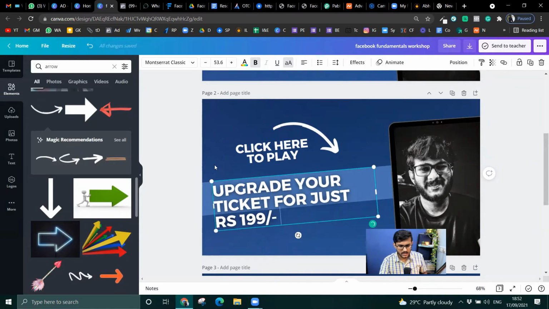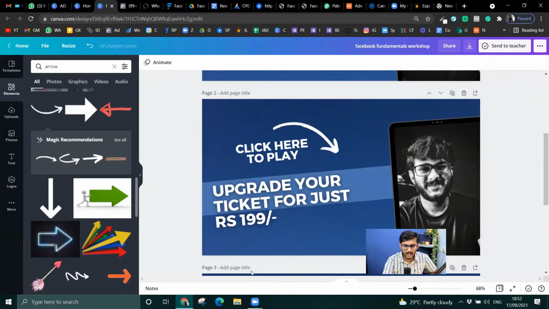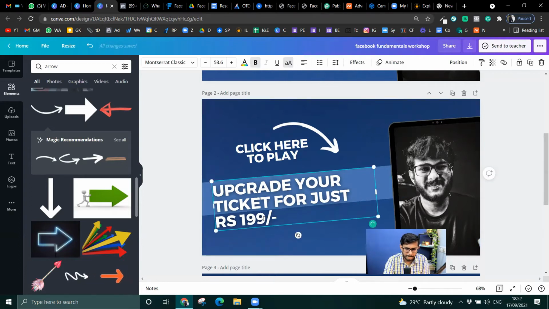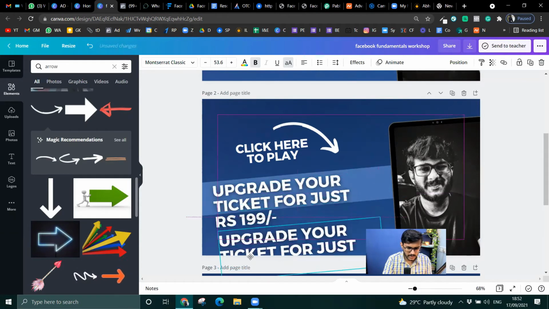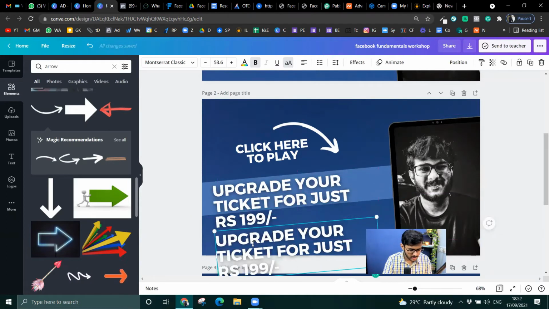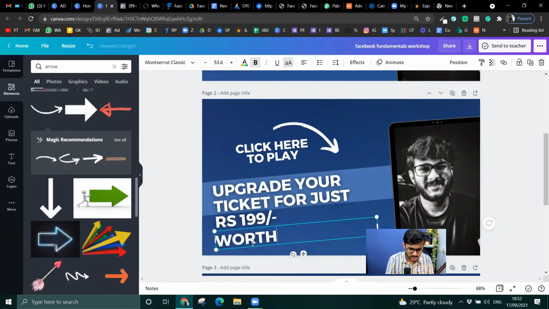This is just to give a trial upsell and see how it goes. And I also want to mention the worth of it, which is actually pretty good. Worth rupees 2499. This is how much it is worth.